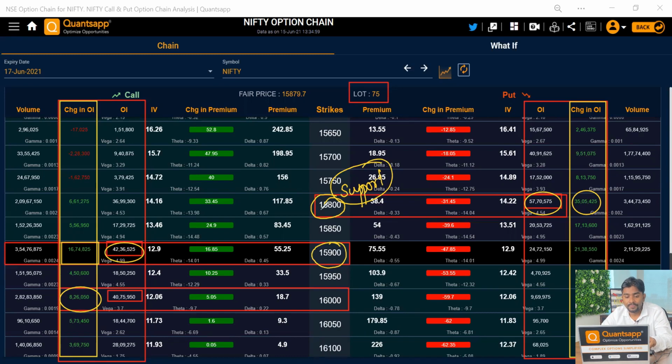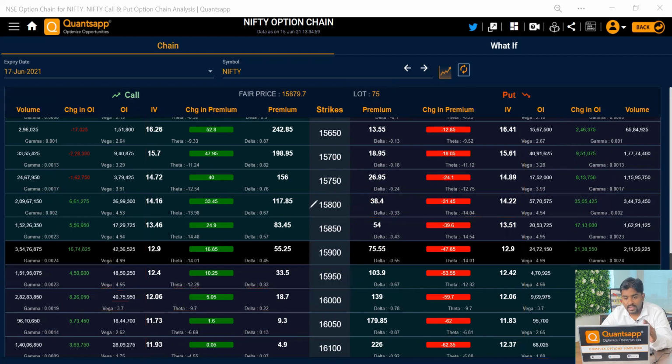Okay. On the upside, we can say 15,900 has the highest OI. Similarly, we have high OI at 16,000, which is very near to this value. So these two levels are very good resistance levels for the market as of now. Okay, so that is the thing. Whenever we are studying open interest, we are talking in terms of option sellers and how much position they are creating here. So that is another thing from the OI perspective.